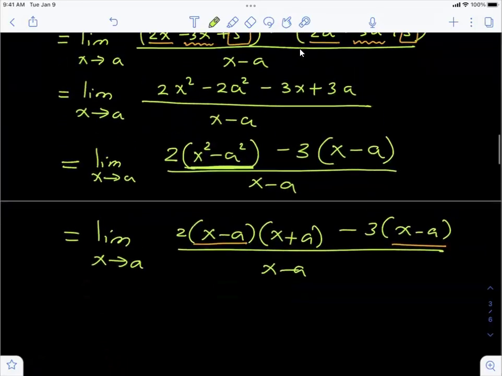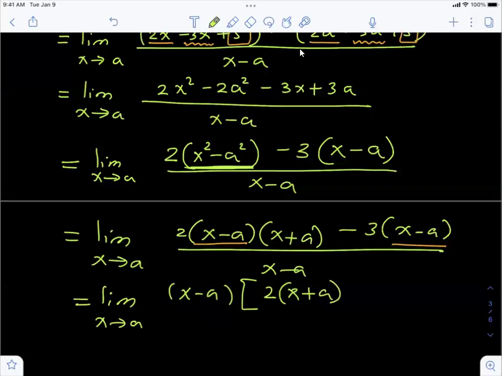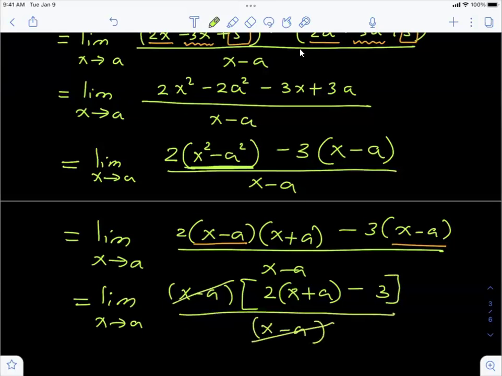And when you factor it out, you're going to get 2 times x plus a minus 3. The whole thing is divided by x minus a. At this point, you can cancel x minus a. And then the only remaining term is right here, and then x, when x goes to a, now you can